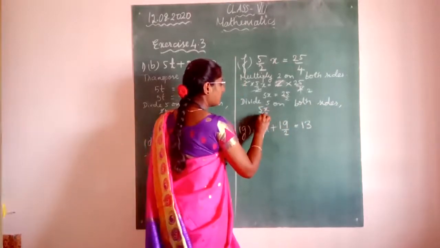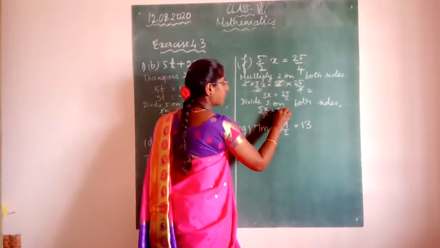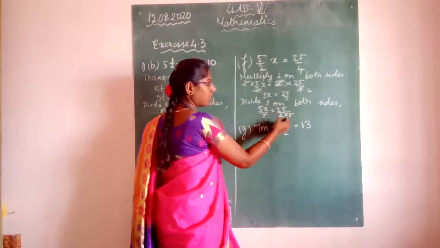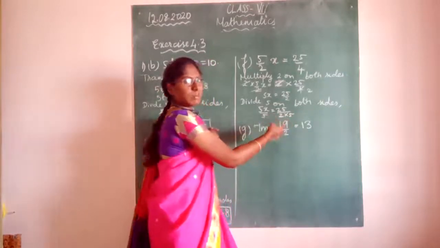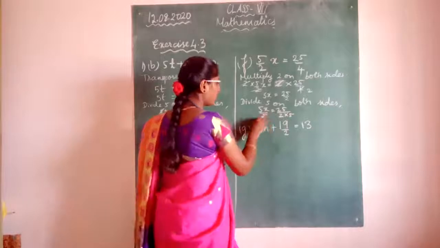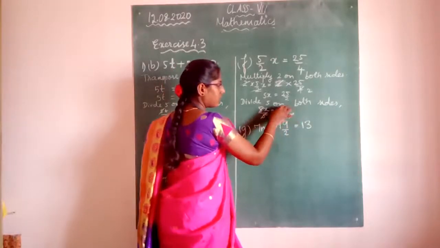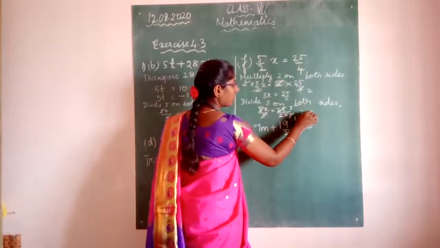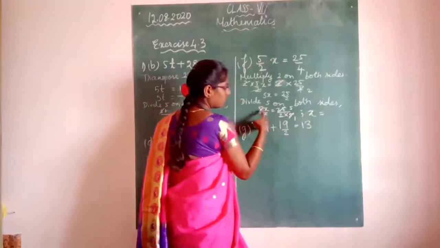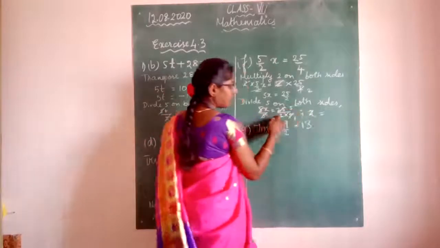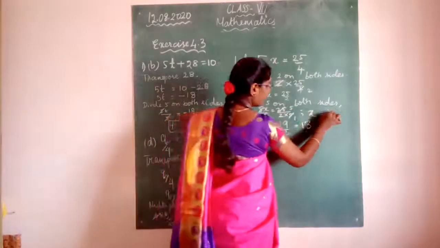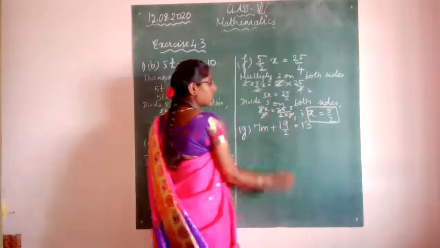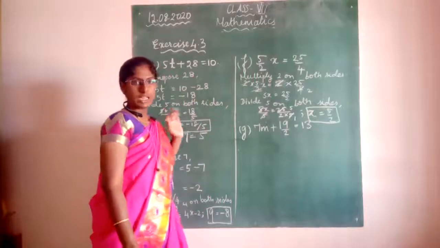5x by 5 equal to 25 by 2, and here itself you can write 5. You are dividing with 5 only, no? So in the denominator itself you can put a multiplication symbol and you can write 5. 5 will get cancelled and 5 and 25 will get cancelled. So what is remaining here? X is equal to, this side only x is remaining and this side 5 by 2 ones are 2, 5 by 2. Look carefully and write. So x equal to 5 by 2 is left out.